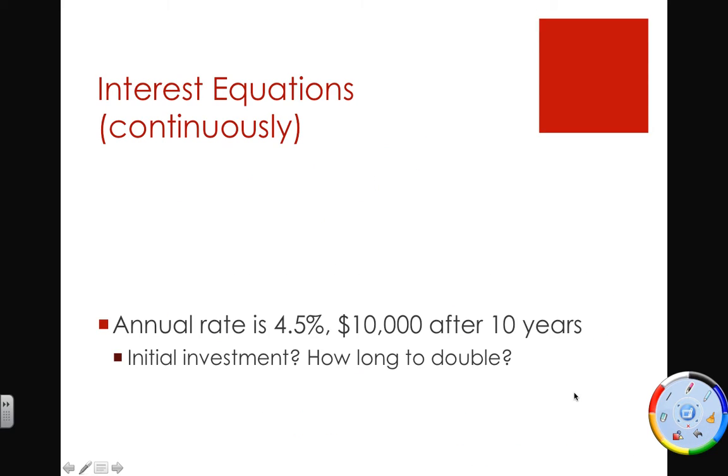All right, we'll see what we got here for this next problem. Your annual rate is 4.5%. You have in your account $10,000 after 10 years, and I want to know what's my initial investment. All right, so it's still Pert. So I have $10,000. I don't know how much I put in, times e to the 0.045 times 10. So notice I just plugged into Pert